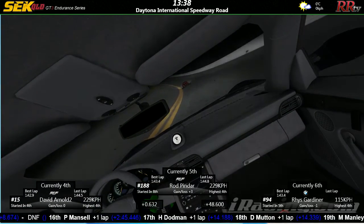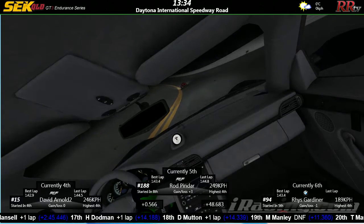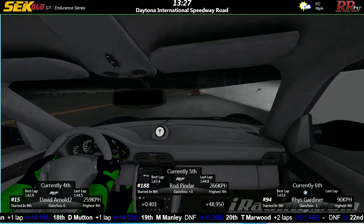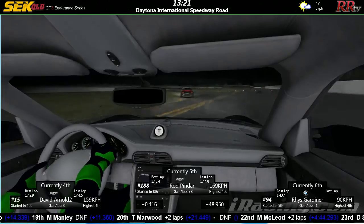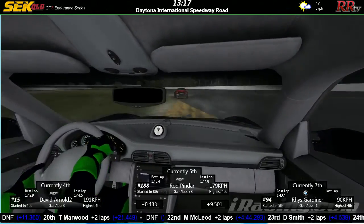Yeah, we're down to 13 minutes, folks, and we're just riding now with Rod Pinder as he's starting to gain now in the draft with David Arnold down the back straight. So we'll just hang here for a bit and watch the action. Well, it's all out attack from here, isn't it? There's no need to defend, although it could be very much like